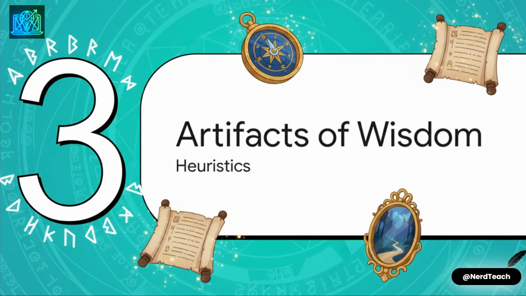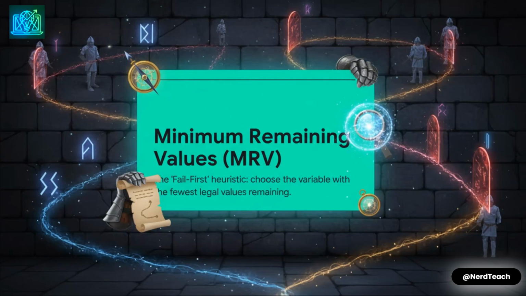But even the wisest hero can use some magical artifacts to help them on their quest. In the world of backtracking, these are called heuristics, and they can make our search, well, incredibly more efficient. First up, we've got the lens of focus, or what's technically called minimum remaining values. This artifact is all about a simple idea: tackle the most difficult part of the puzzle first. By choosing the variable that has the fewest possible options, you're way more likely to find a conflict early. It's what we call a fail-first strategy, and it helps us prune huge parts of that decision forest right from